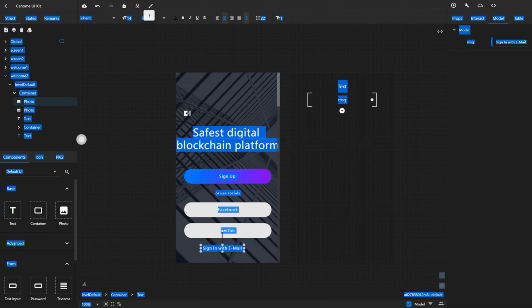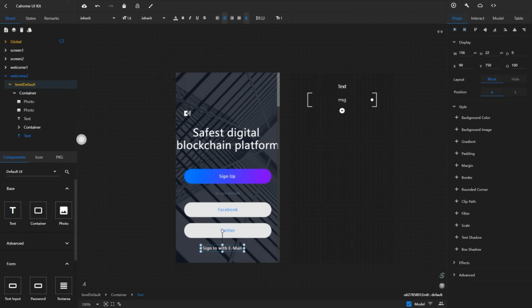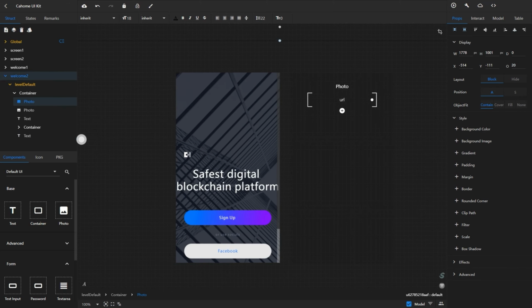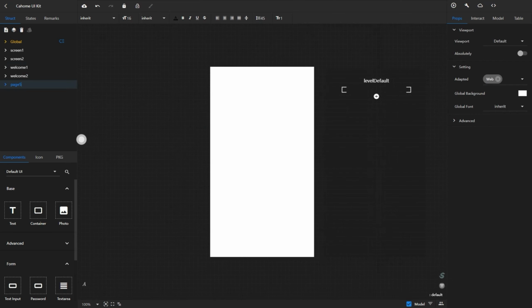Change the text color to white. Done. Then let's insert another screen.